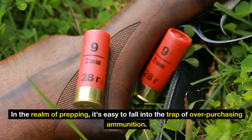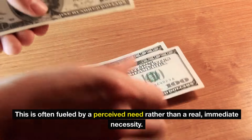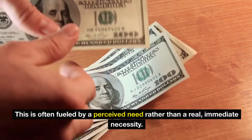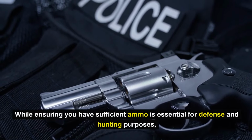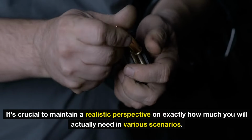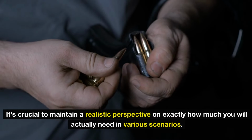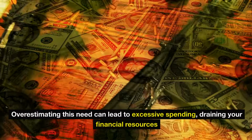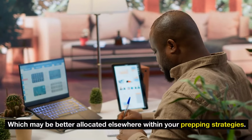6. Excessive ammo purchases. In the realm of prepping, it's easy to fall into the trap of over-purchasing ammunition. This is often fueled by a perceived need rather than a real, immediate necessity. While ensuring you have sufficient ammo is essential for defense and hunting purposes, it's crucial to maintain a realistic perspective on exactly how much you will actually need in various scenarios. Overestimating this need can lead to excessive spending, draining your financial resources which may be better allocated elsewhere within your